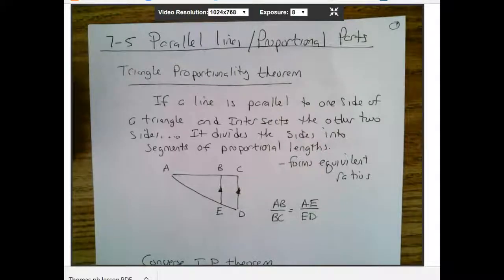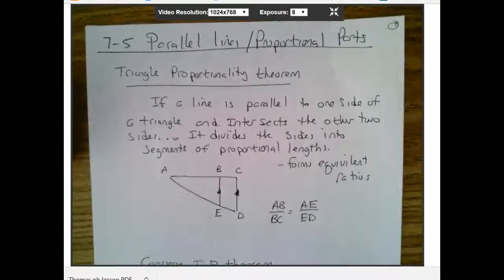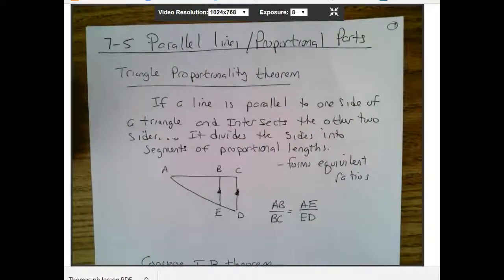Alright, it's going to be our next note, lesson 7.5 on chapter 7. We've been going over similar parts of triangles, or similar triangles. Now we're going to relate that to parallel lines and proportional parts formed by those parallel lines. And we're going to look at some theorems and some converses and just go over that in these